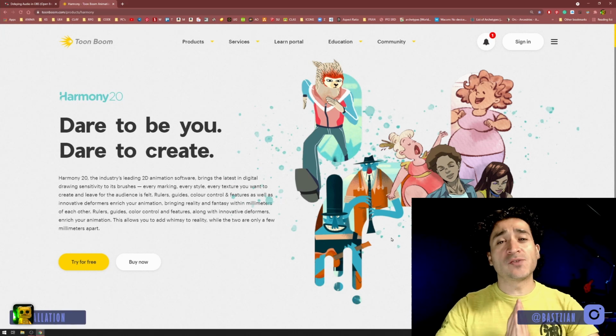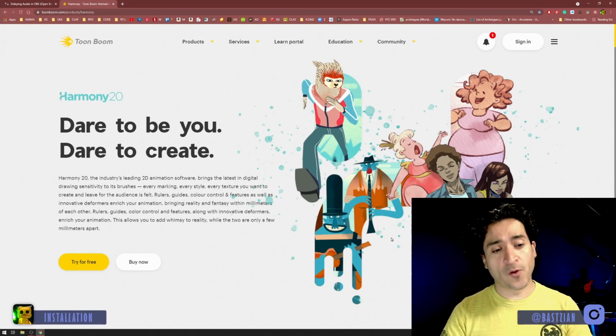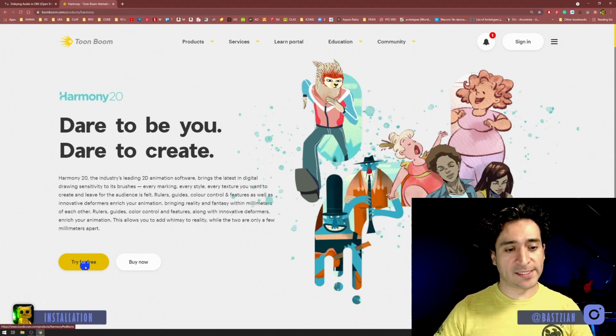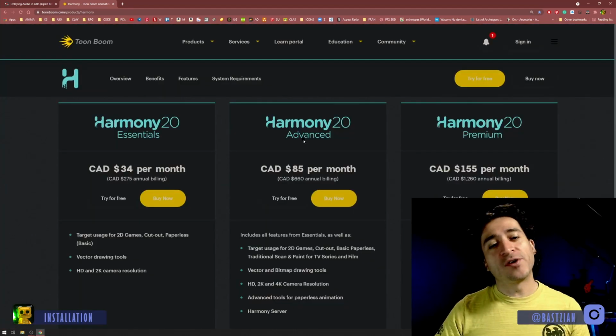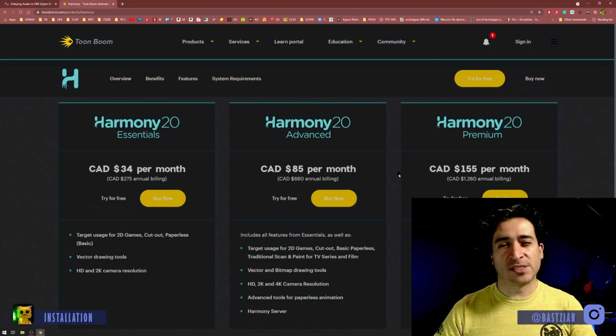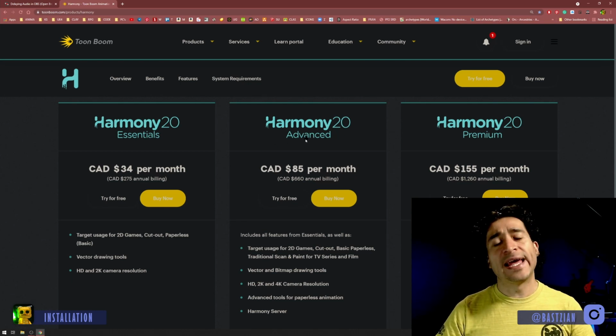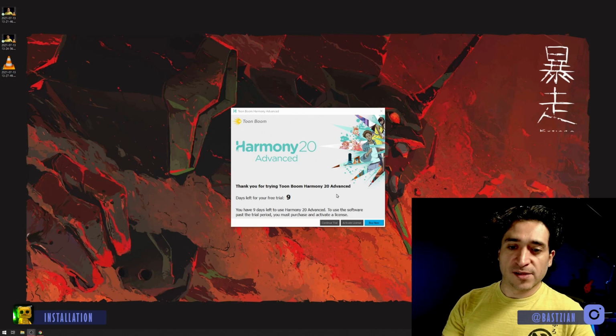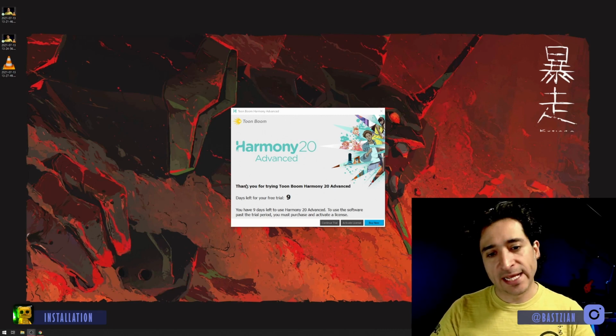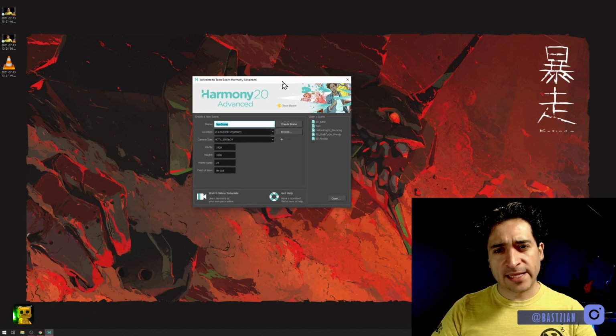Okay, so the first thing is to install the software. This is pretty straightforward. You have an option to try it for free for 21 days. And the software comes in 3 versions: Essentials, Advanced, and Premium. They come with a different price tag and they have different features. But right now we're just gonna try Harmony 20 Advanced. After installing the software, you will see this screen and we can click here, continue trial, and let's talk about